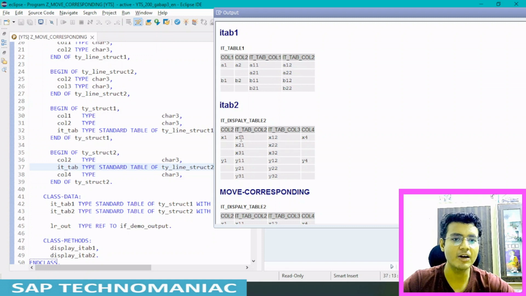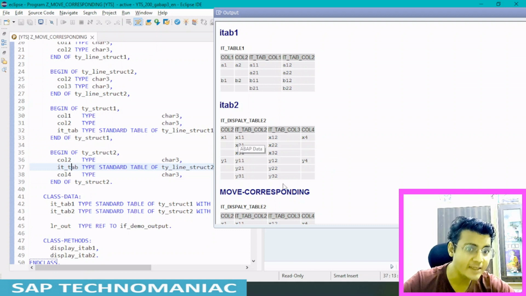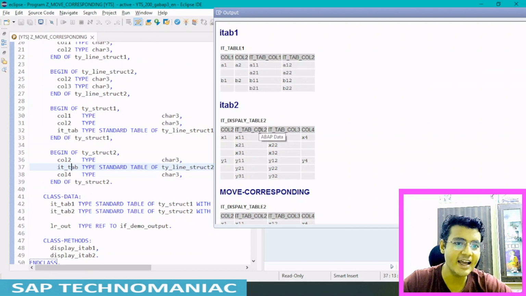That's it. Whatever data existed, it will clear and then move. And it is moving from A2 to A2. This will be moved here, and this entry will not be intact because it's an internal table. Entirely it got cleared. First, iTab 2 is getting cleared, column 2 is moved here, and this iTab will be moved entirely here.